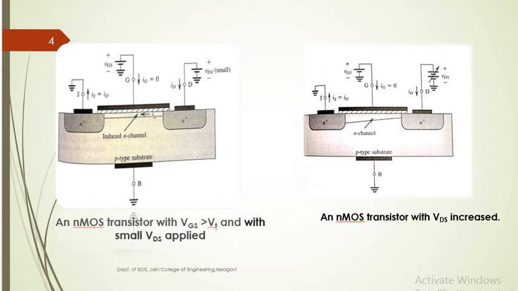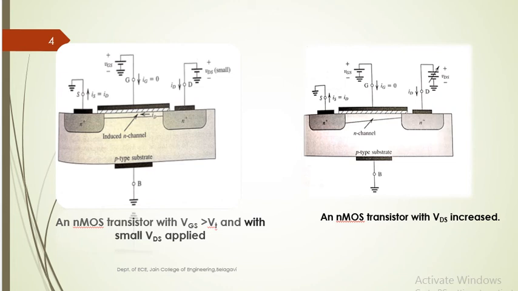Now, when VDS is increased above VGS minus VT, the channel is pinched off. So that tapering you can observe. This tapering is because electron concentration is more near the source, and towards drain electron concentration is less, because this particular PN junction is reverse biased, so the depletion layer is extending. Pinch off does not mean current suddenly becomes zero. So current gets saturated, as in case of JFET as well as in MOSFET.